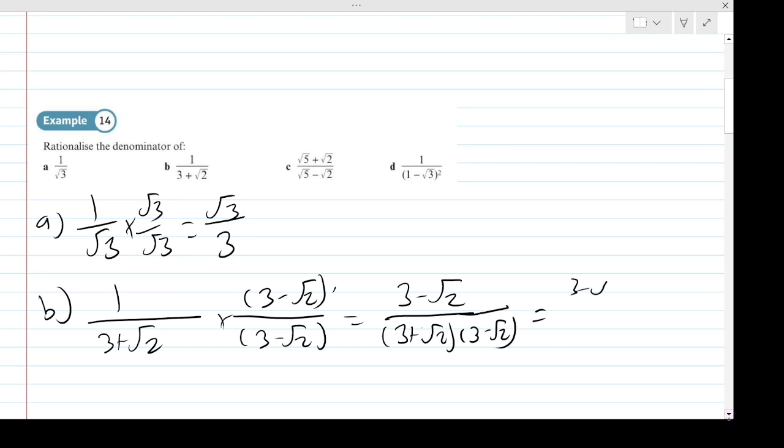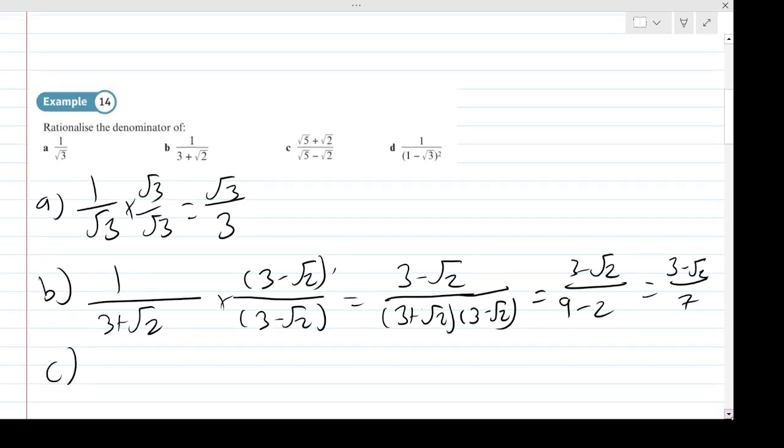So 3 minus root 2 on the top. Then it's 3 squared, which is 9, take away root 2 squared, which is just 2. Then that would be 3 minus root 2 over 7. And there we are. At part C, we have root 5 add root 2